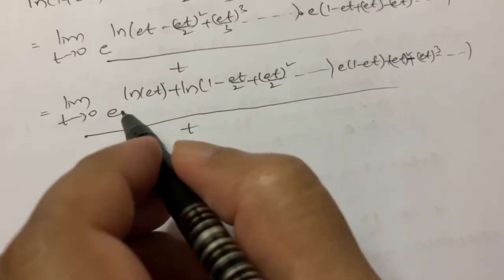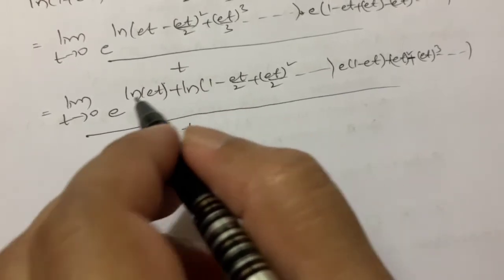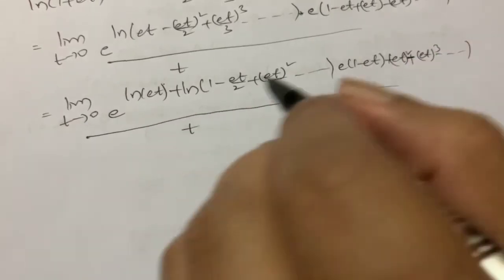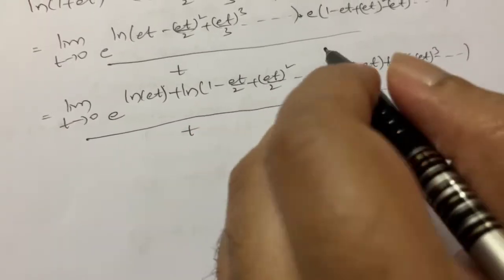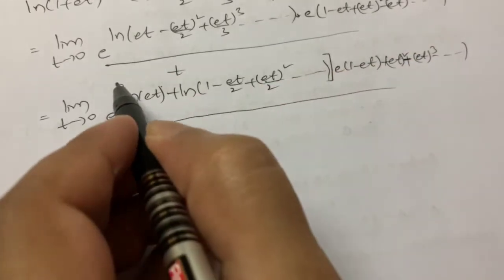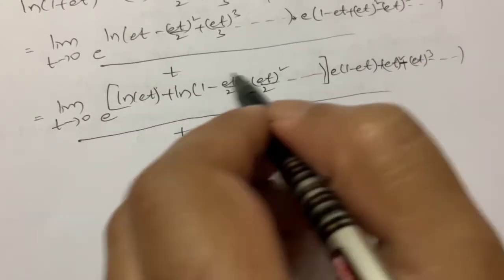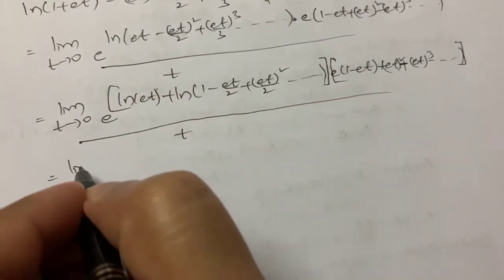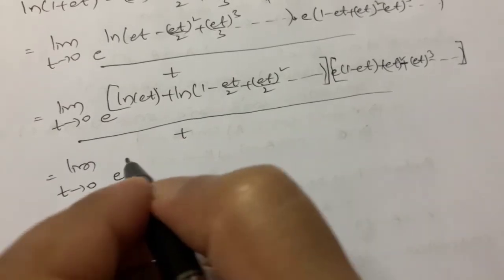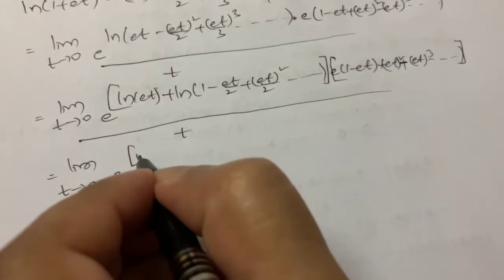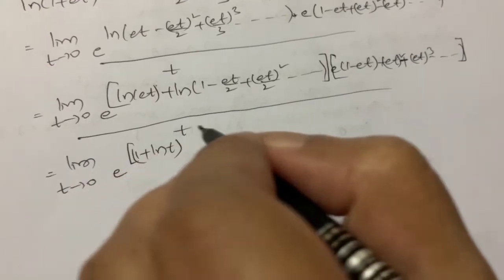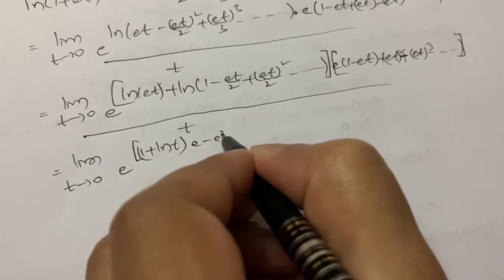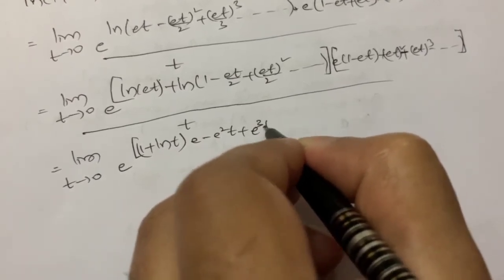So this is e power x plus y, right? So this is e power x into e power y we can write, and then we are multiplying this and this, right? The entire thing is multiplied by this entire thing. So limit t tends to 0, e power, so this is 1 plus ln t, 1 plus ln t into, will multiply with this, so e minus e square t plus e cube t square so on